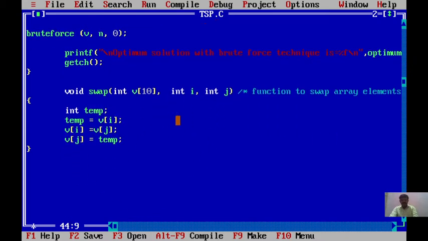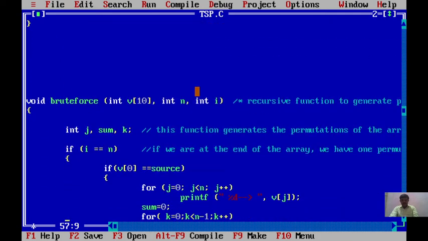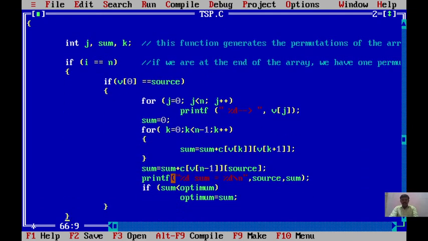Next, this function is to generate different permutations, different combinations. This function generates the permutation of the array; if i is equal to n, we have only one permutation, otherwise more than one.